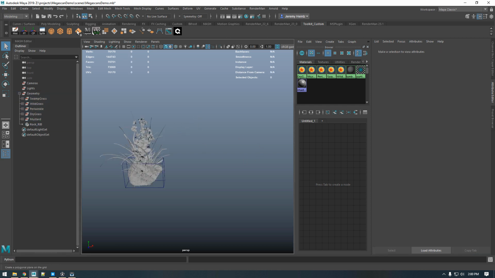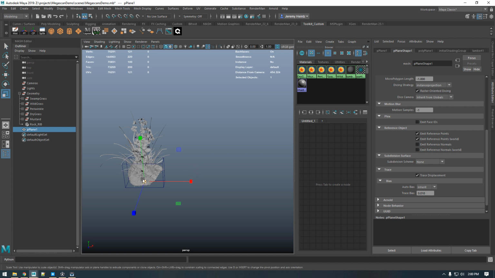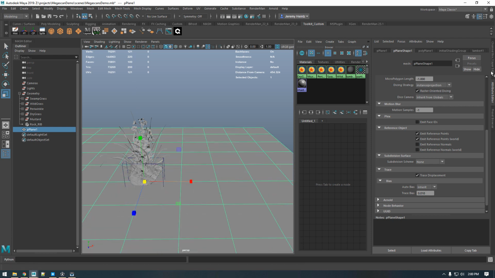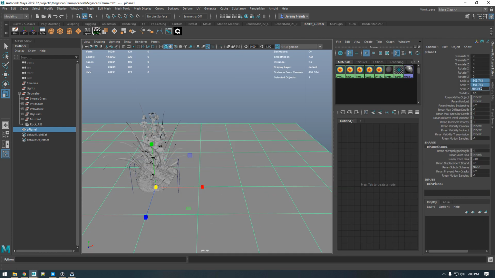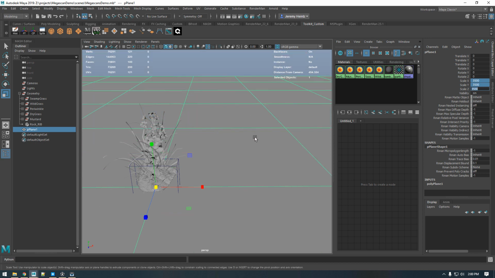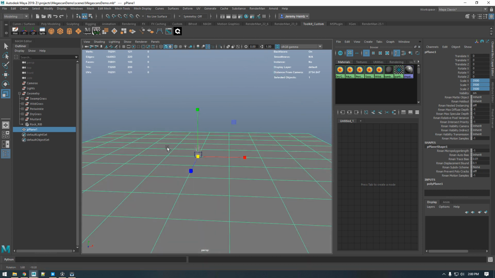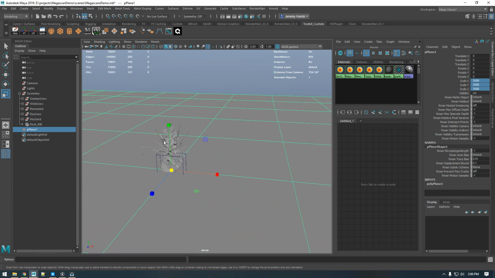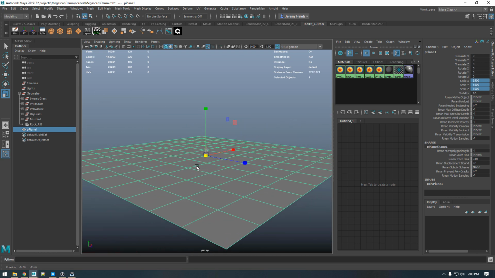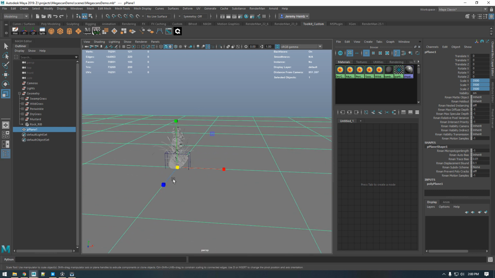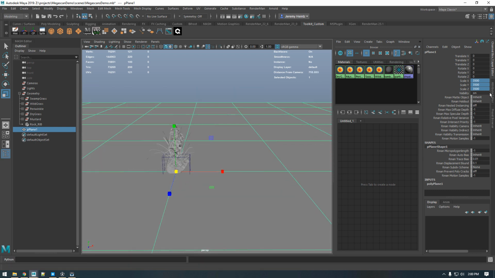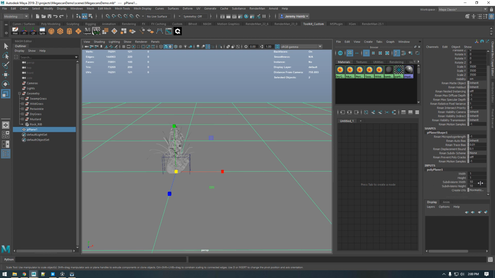So to start, we're going to create a poly plane. I'm going to scale it up. It's fairly large, something like 3500, just to get the scope. The assets from the Megascans library typically are in real world scale, so that'll give you a good reference on how to scale the rest of your scene. So I'm going to add some subdivisions to this,